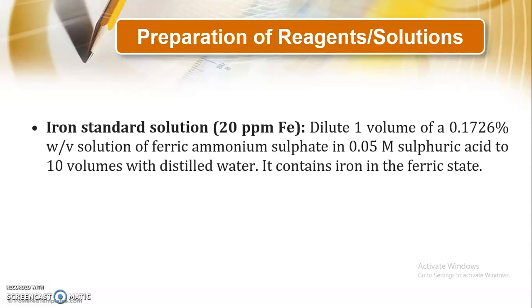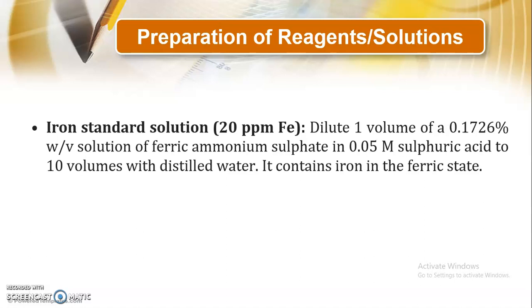Now we will see how different solutions are prepared. Only one solution is required for the limit test for iron, where we are going to prepare the iron standard solution. The standard solution of iron consists of a 20 ppm concentration. So whatever pharmaceutical substance we have must contain a smaller quantity as compared to the 20 ppm. If it is more, then that particular substance is not suitable as a pharmaceutical substance.